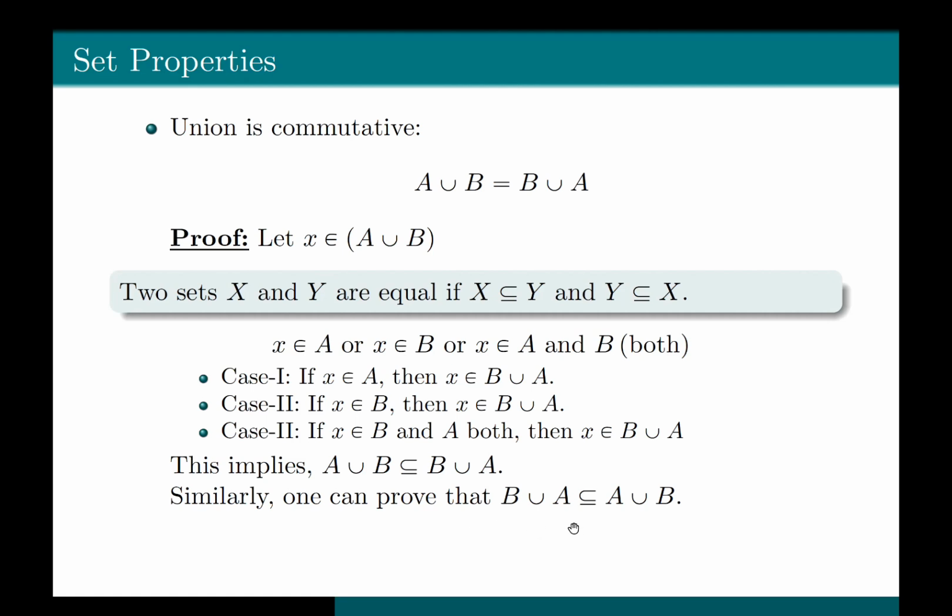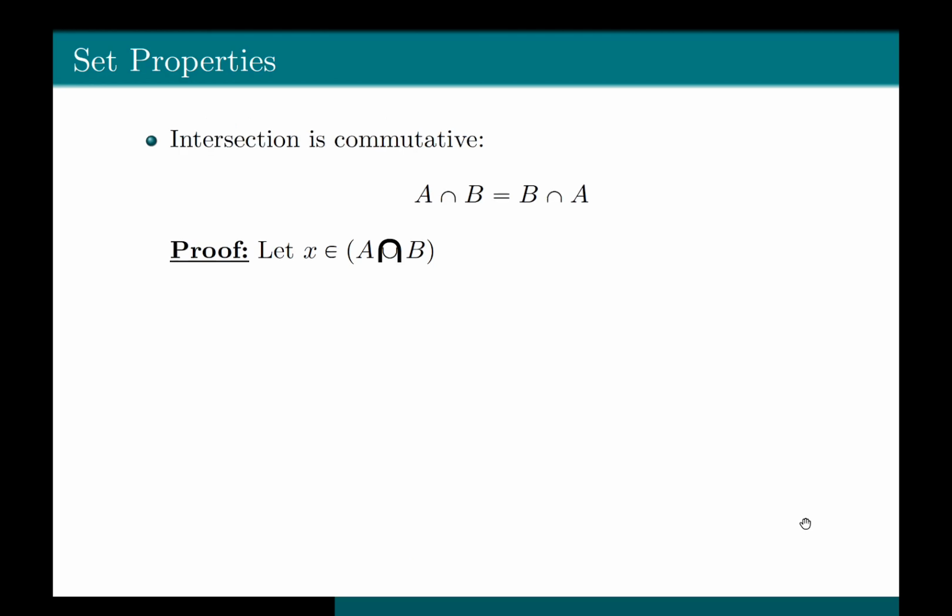Perfect. And since A union B is a subset of B union A, and B union A is a subset of A union B, you will use this definition that if X and Y both are subsets of each other, we say that X and Y are equal. Therefore, A union B would be equal to B union A. Isn't it simple? Okay. The next property which we're going to prove is that intersection is commutative, which means that